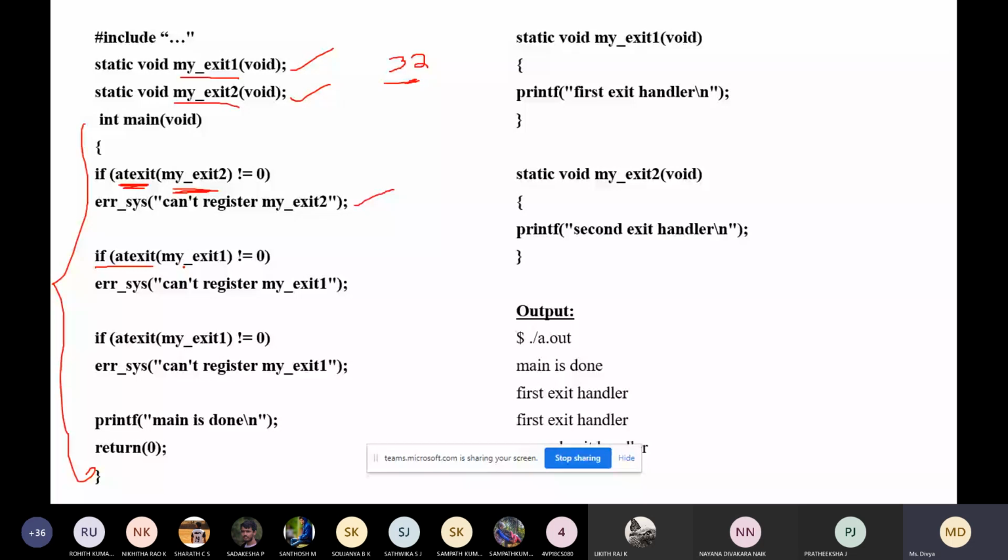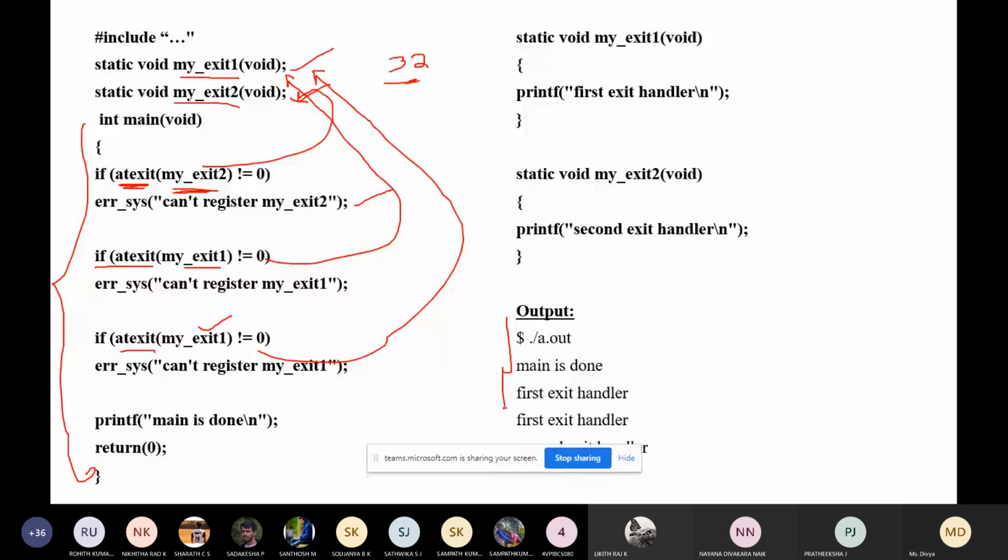So here we are calling this function, and here we are calling the function exit 1, and here also we are calling the function exit 1. Okay, now this is the output. And this is the declaration of the function. Okay, the definition of the function my exit 1, and this is the definition of the function my exit 2.